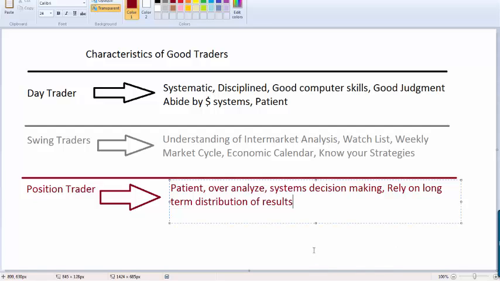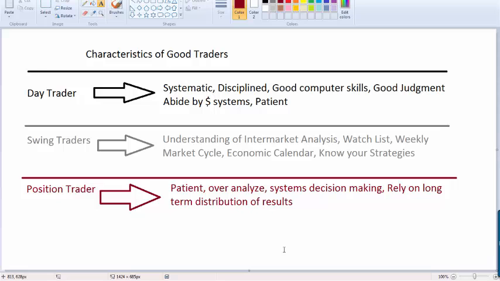Position trading is one of the hardest things, because position trading is a wonderful way to trade. But essentially, to be a really good position trader, you have to have the ability to step back and say, it's okay that my strategy lost me money this month, because I believe in my back testing or my history or my experience that it will make me money over time. New traders have a hard time position trading.